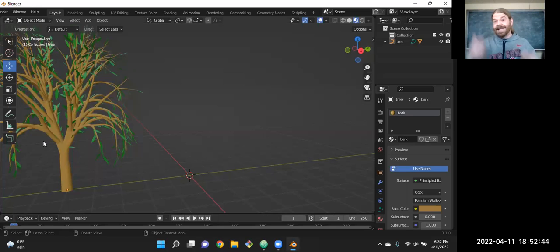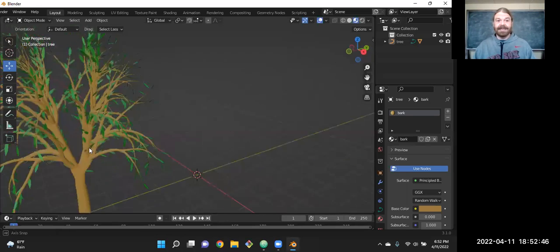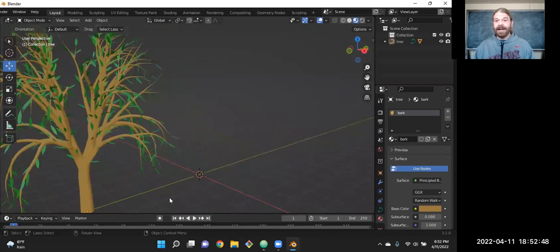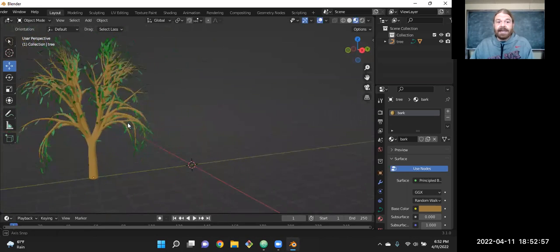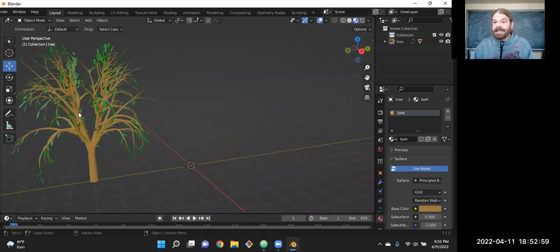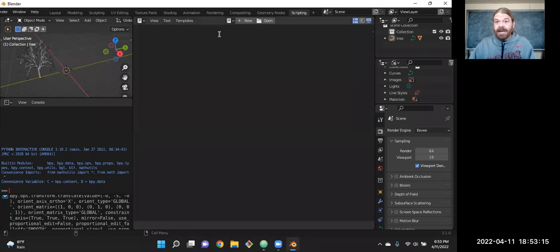I did one in 28 seconds the other day that looked about like this without explaining it, just insert it, quickly hit a couple of the parameters I knew I wanted, then threw some colors on it, and in under 30 seconds had a passable tree. So we can do it very, very quickly. But if we're doing it for the environment in a game, we don't want to do it for every single tree. So again, scripting comes in very handy for that.